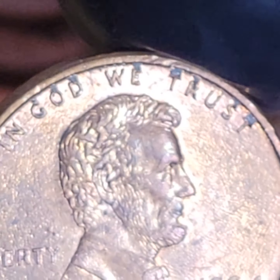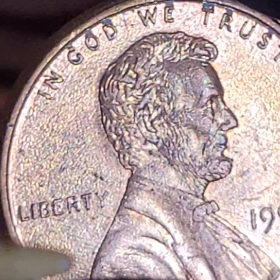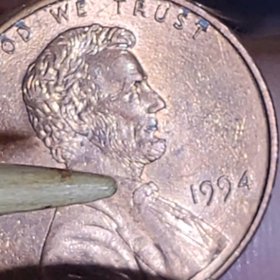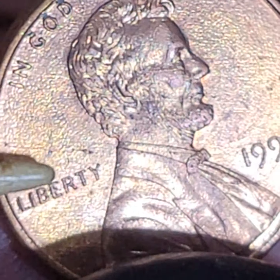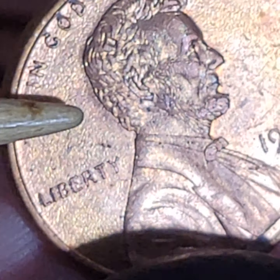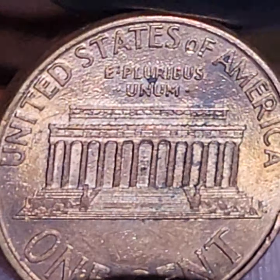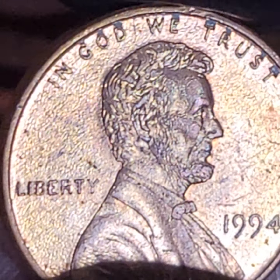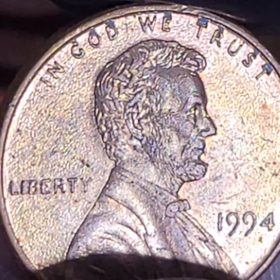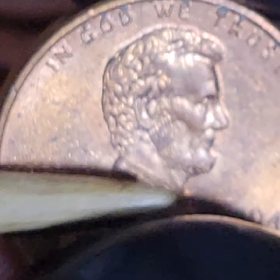All right. So for those of you who do not know what I'm talking about, most of you do, I'll go through a little explanation, and maybe I'll even do a separate video on this one. This is a zinc cent, right? Because it's after 1982, basically. So there's a layer of copper over the zinc blank, the zinc planchet, and it's very thin. It's like tin foil, but made of copper. It's basically to make the penny look like a copper penny. It's fake, right? Zinc cents are fake, even though zinc has a value now. I'm not sure of its value in comparison to the face value, but